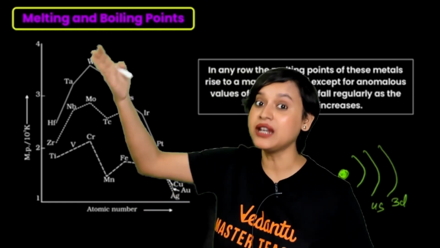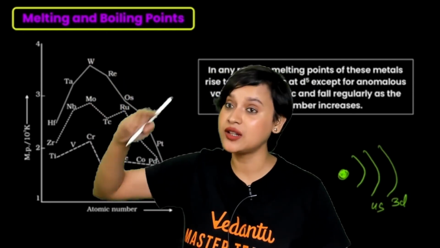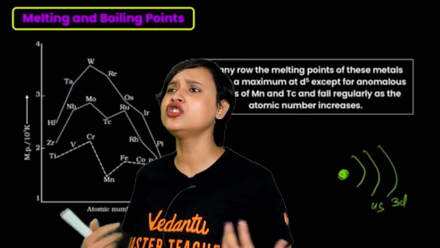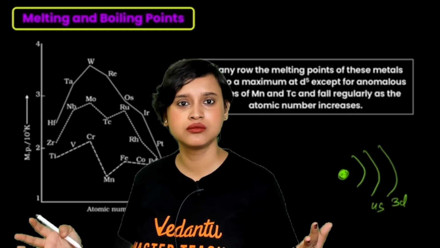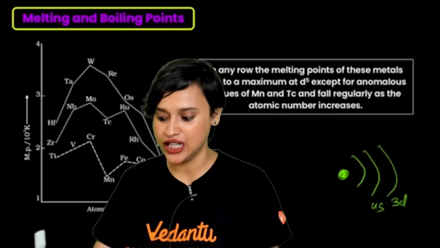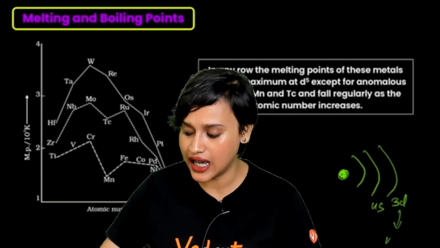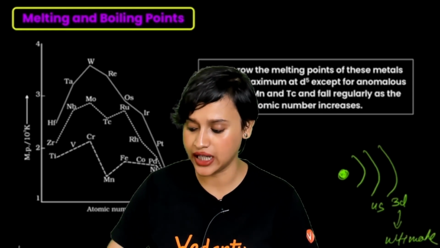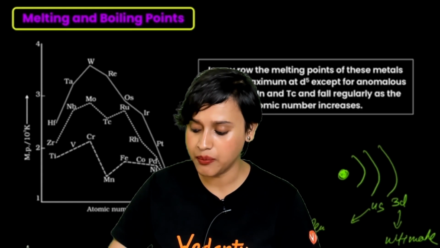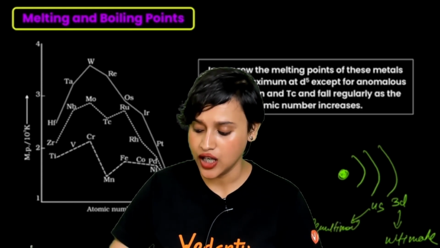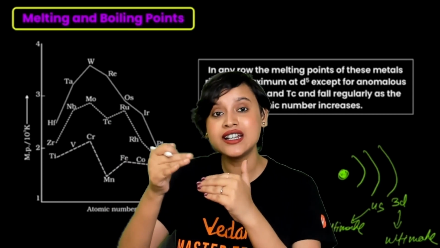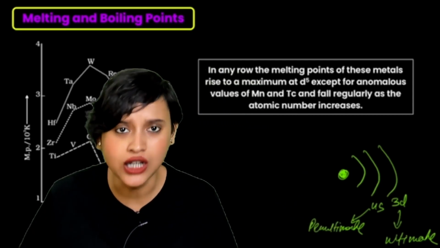that the ultimate shell, let's call the ultimate shell, if the ultimate shell is 3D, 4s is not too far away. 4s will be like, but I'm also here only, let me also participate. So 4s also wants to participate. So if the 3D is called the ultimate shell, everybody, 4s will be called the penultimate shell. Okay. So the ultimate shell and the penultimate shell, the difference in the energy gap is so small that everybody